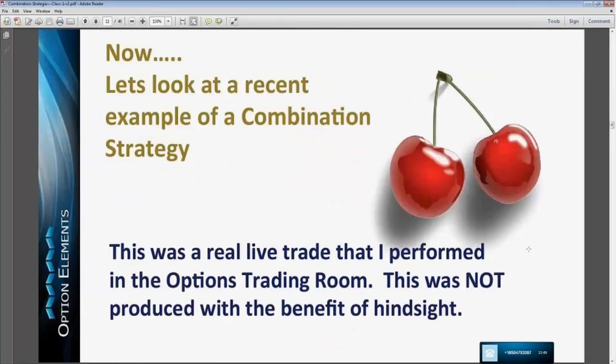All right, so we're going to take a look at an example of a combination strategy trade. And the one I'm going to show, actually I'm going to show two, were real trades that I performed in the options trading room. Okay, this was not produced with the benefit of hindsight, which would have made it a lot easier, of course, right? Okay, but before I do that,